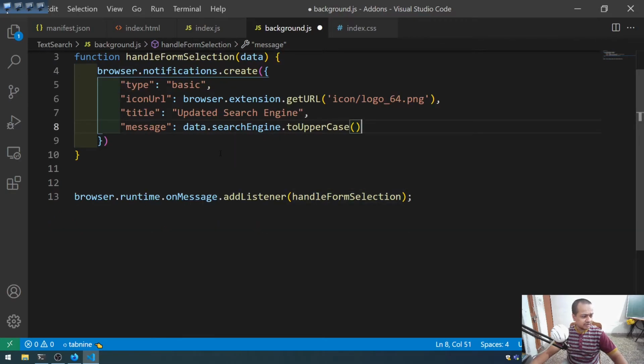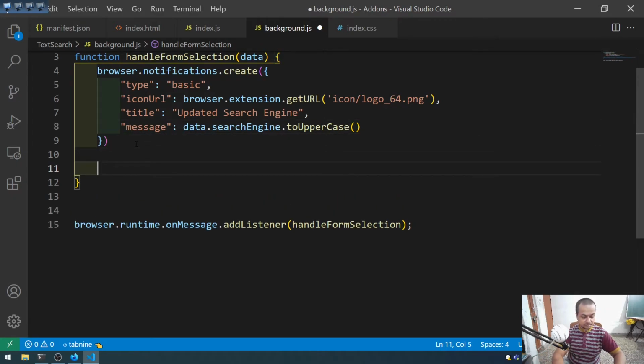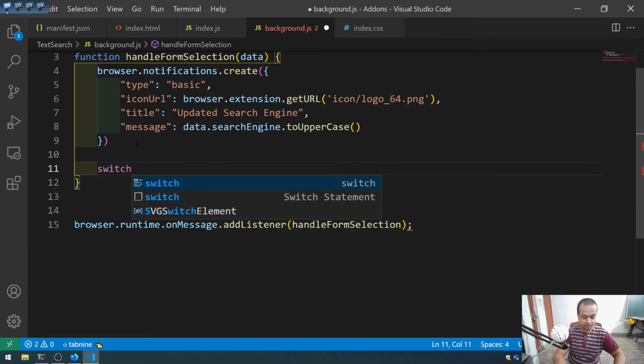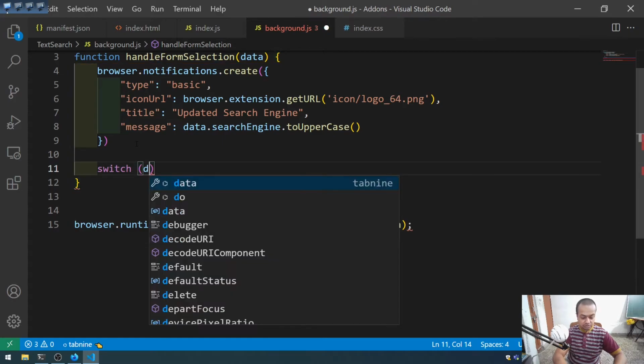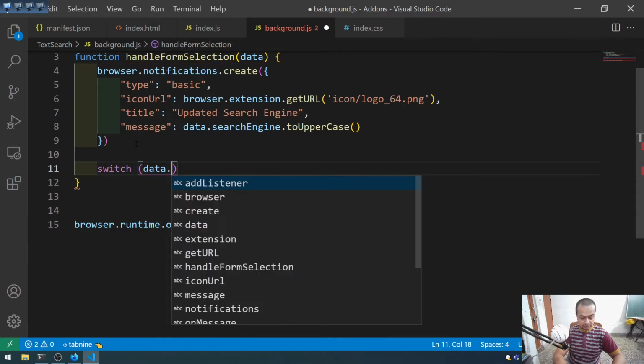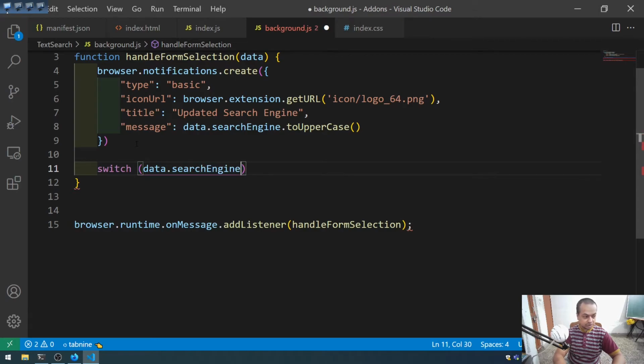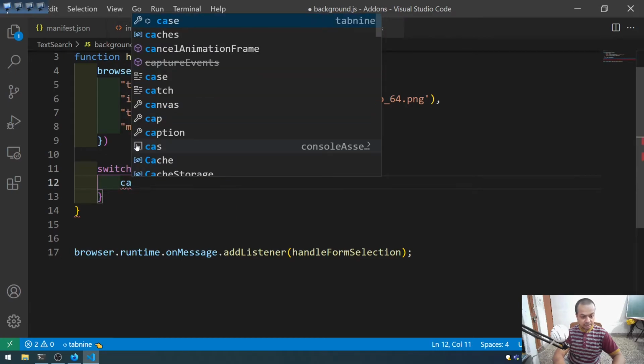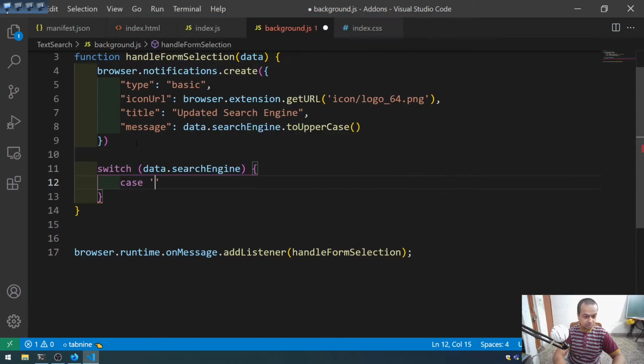And then we will have a switch case because we have different types of search engines, four or five, and you can add more if you want. So switch on data.searchEngine, case, it will contain the name Google. So if it is Google, then URL equal to